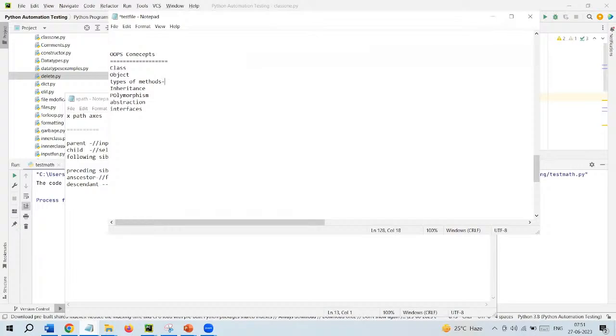So there are three types of methods: instance, static, and class level methods. Types of variables: here we have instance, local, and class level. But the same variable, we discussed in yesterday's class, global variable and local variable in functions, because